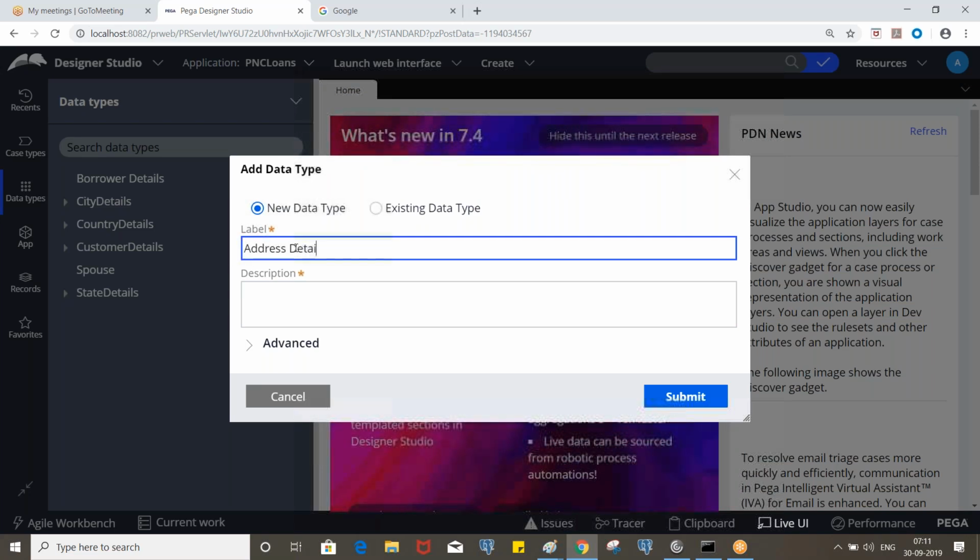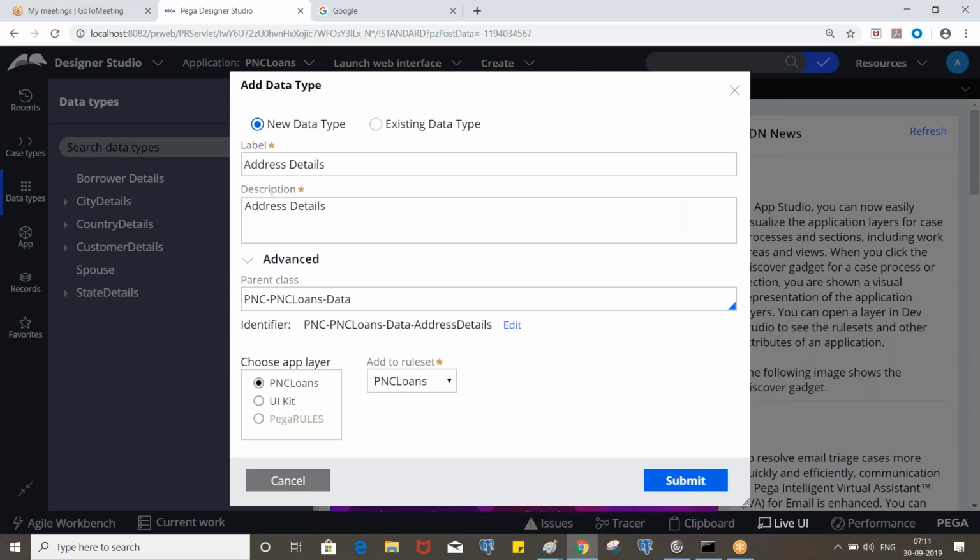Can't we create that in the work class? Which one? The address data. How can we create it in the work class? This is the data class, to create the properties. So we create under the data class. We can create properties in the work class also. Yeah, we can create, but we don't usually create properties in the work class.